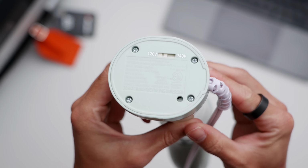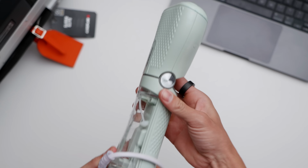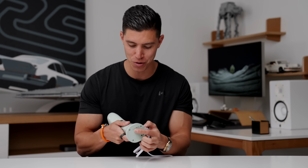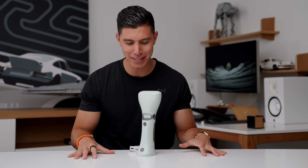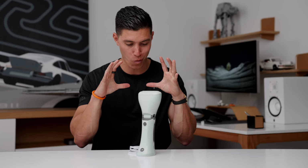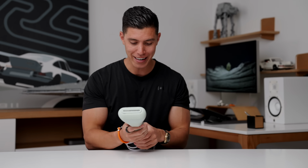Same thing when you're traveling to Europe, you can just switch the little toggle, and then when I'm back here in North America, in Canada, I can switch it over to 120. I swear by steaming clothes. I wish every hotel came with a steamer. They don't, unfortunately. It works better than an iron,